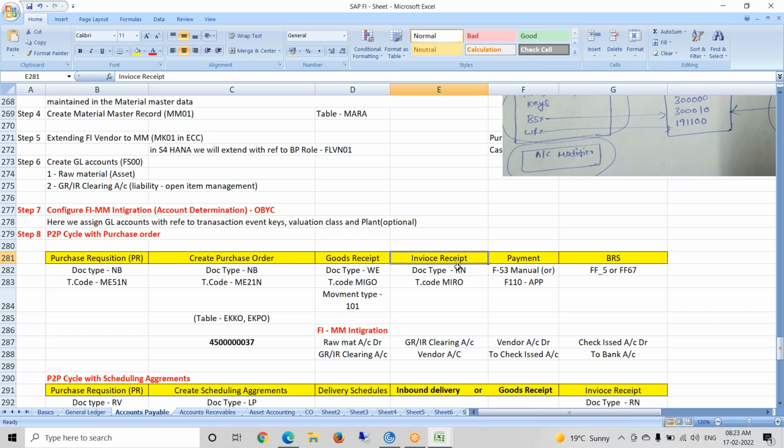For that we have an OCR, optical character reader. Once the invoice is scanned, fields like vendor number, material, document date and posting date will be captured by the system automatically, and the system itself will create the invoice. That PDF copy will be scanned and maintained as an attachment in the invoice document.